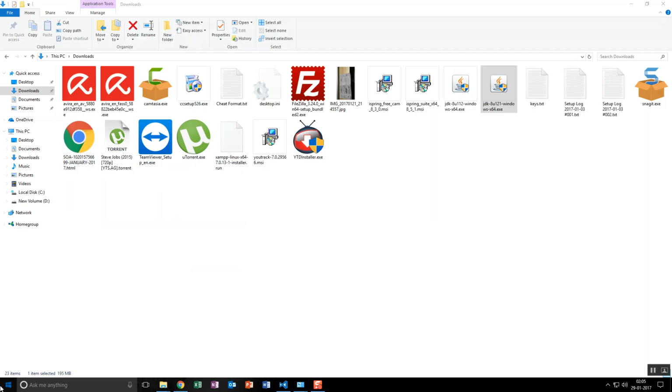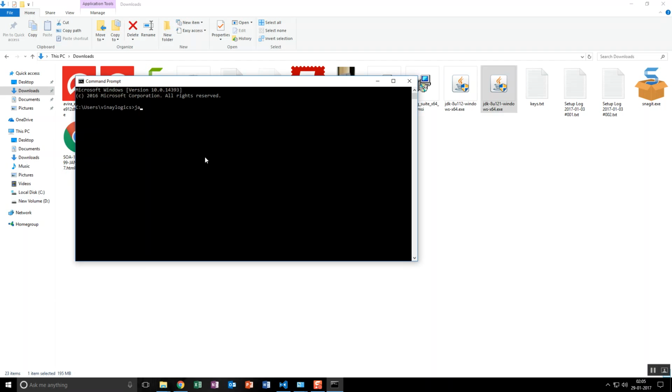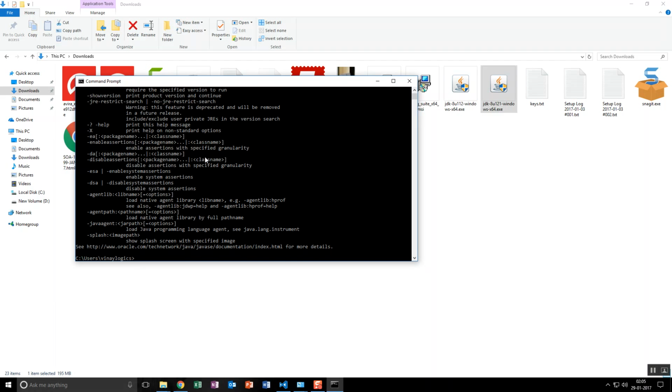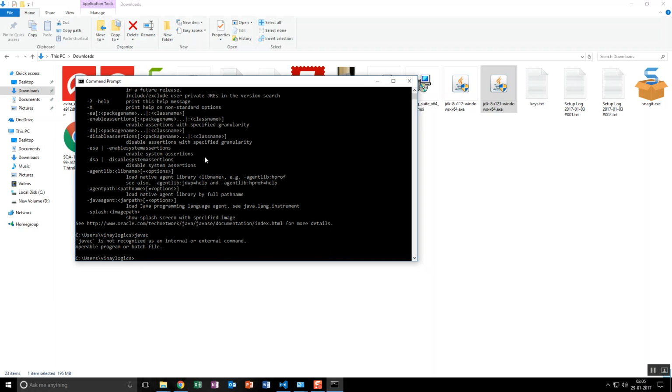So now we'll try to run the command prompt. Maybe we'll check whether it is working or not. See, Java, the runtime environment, is already set, but javac is not; its path is not recognizable. So what I'll do is travel to the path. How do we travel to the path?